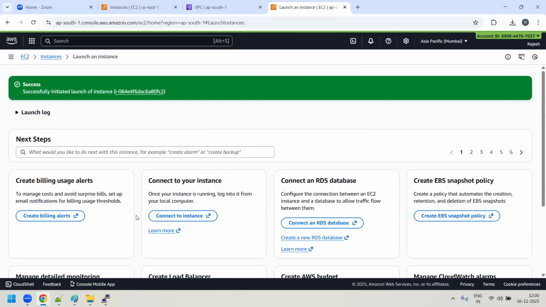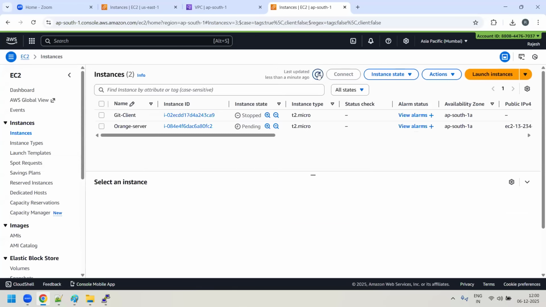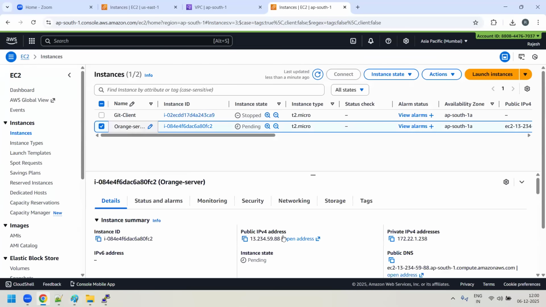Am I clear, sir? Now I will say view instance. Now you could see that this is coming up. As per the diagram, Rajesh, this server is created. It got some IP address. What is that IP address? Let's see. You click on it. You could see that